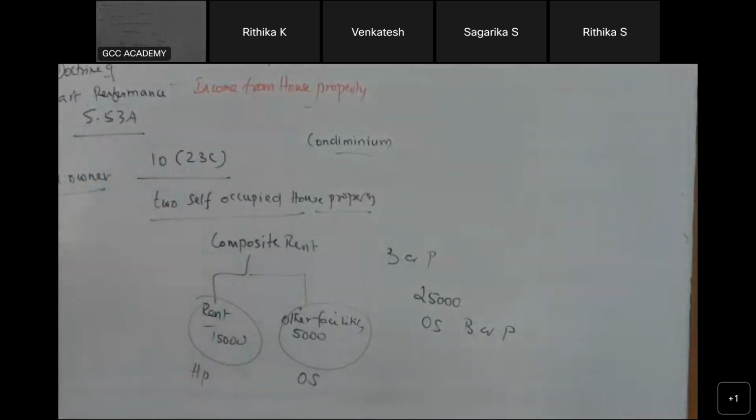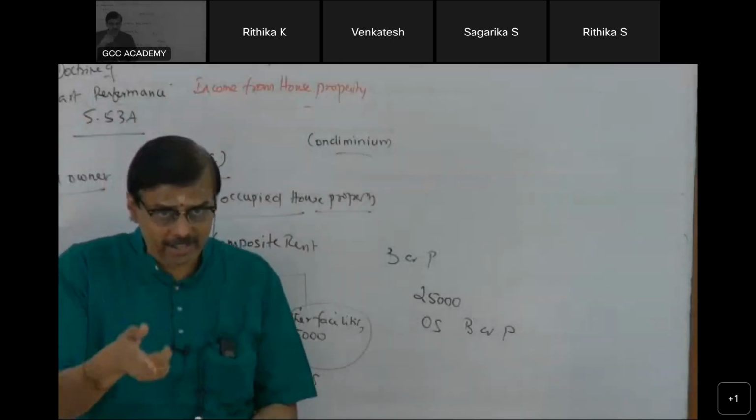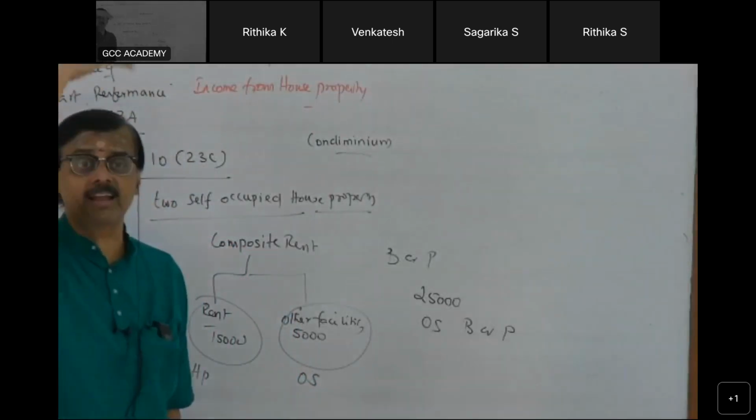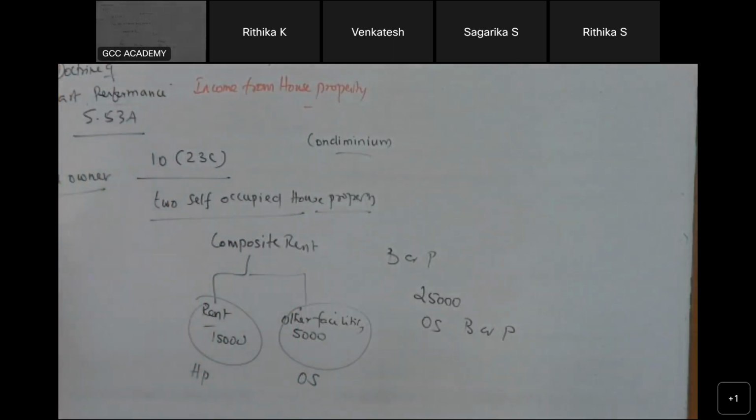A has transferred the property to B for consideration. B has paid money to A and B has taken physical possession of the asset, but registration is pending. Suppose registration has not been done. Now, is A the owner or B? B is the owner in this case. Section 53A of the Transfer of Property Act says that even though the registration process is pending, the property is transferred, the ownership is transferred.